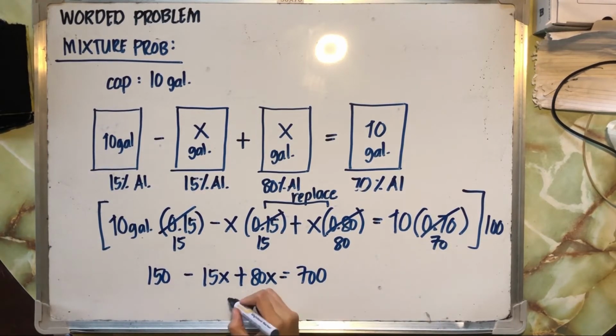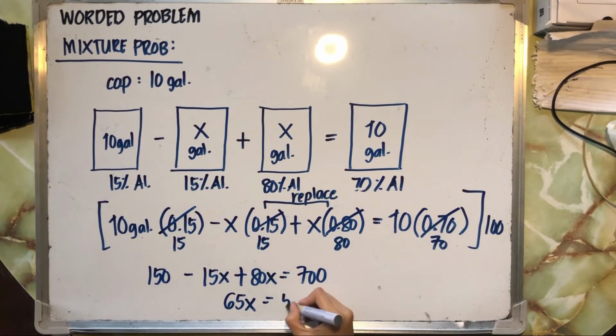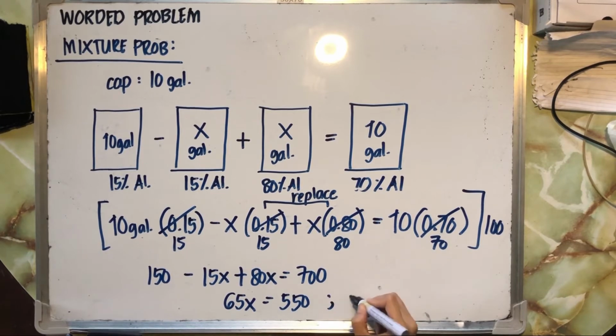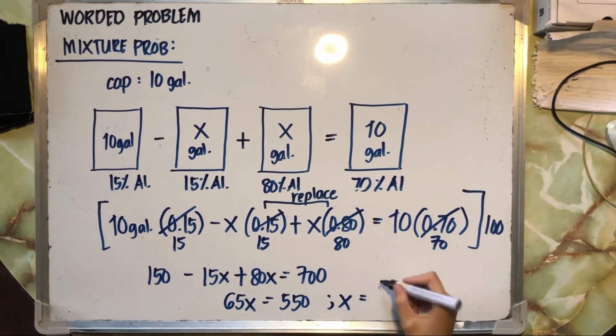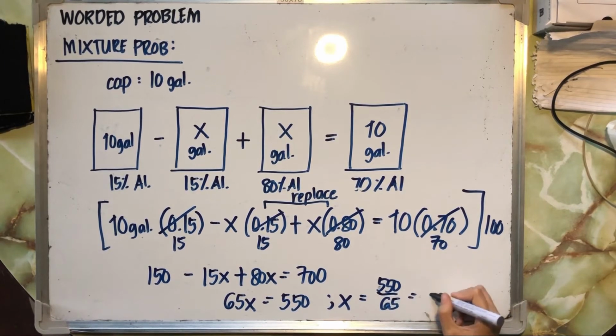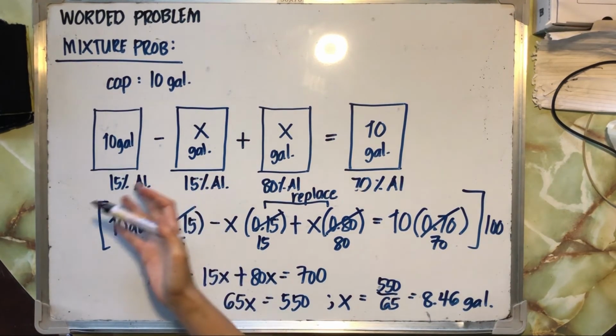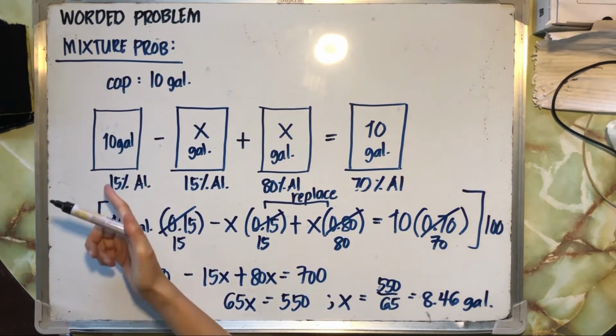Okay. How much is this? This would be 65x, and 700 minus 150 is 550. Okay. Dividing both sides by 65, that would give us x equal to 550 over 65. 550 over 65 is roughly 8.46 gallons. Okay? So, ibig sabihin, 8.46 gallons ang i-remove mo from the original tank na puno ng 10 gallons,